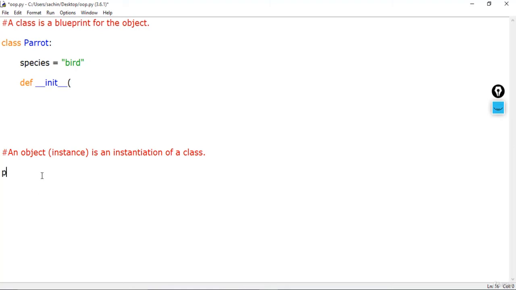So when I just say pop, which was our object, so I'll just say parrot here, and we have just created the object of this class. So the method that is going to be called when this pop is created is only this init method. So when I just say self, which is obviously the reference to this pop,